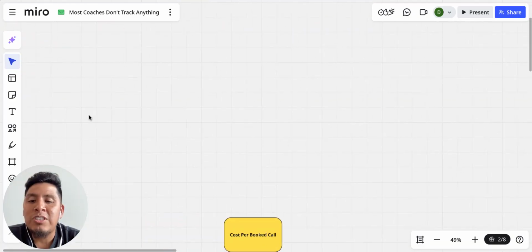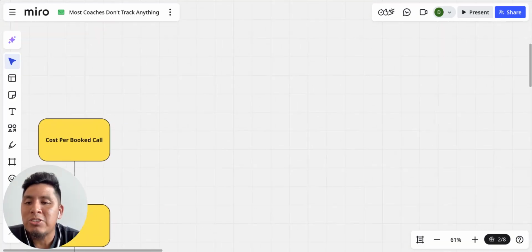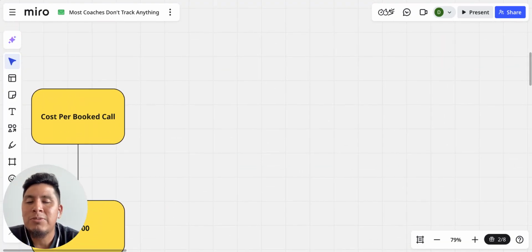So the first thing that we really want to track from a sales perspective is the actual cost per booked call. A lot of times what people end up having is a cost per booked call that is super high, and they never really know how to fix this. Their main habit is to just look at the ads and try to switch up variations, when in reality, it's probably something else, right?